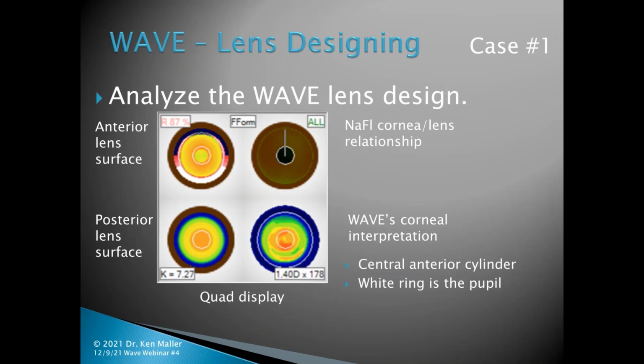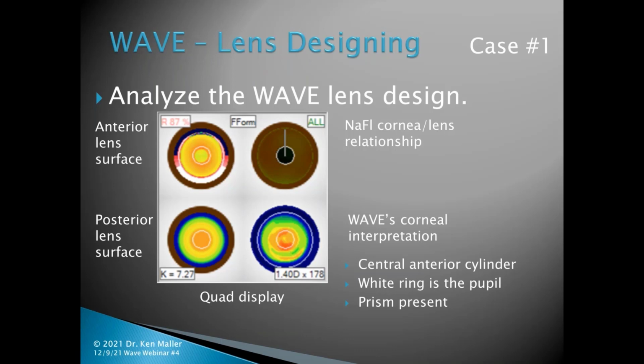The white ring around that is the patient's pupil, so we can see that's centered right in the visual axis of the particular patient. We also see the prism that's present there in that white arc in the lower portion of that anterior